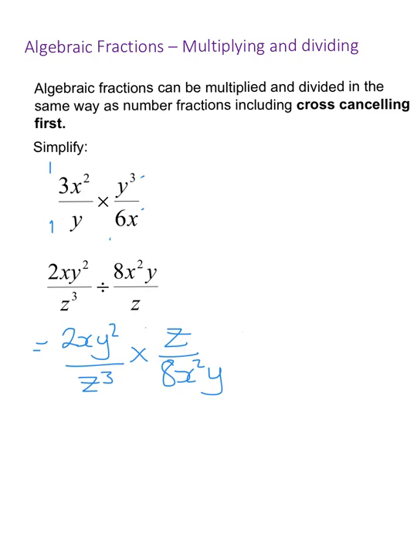So looking at our numerator here, I've got a z here and cancel out with one of the z's there, so that leaves me with z squared. I've got 2, cancel out with the 8 there, so that gives me 4. I could cancel out y there, which will leave me with just a y in the numerator. I could cancel out an x there, which will leave me with an x. So what I'm left with, if I write this out underneath,